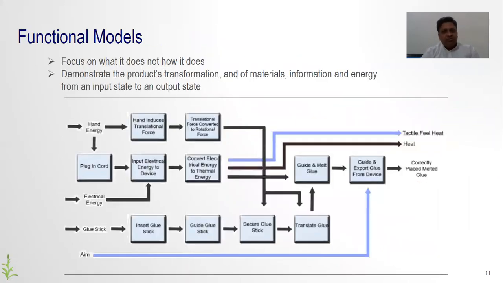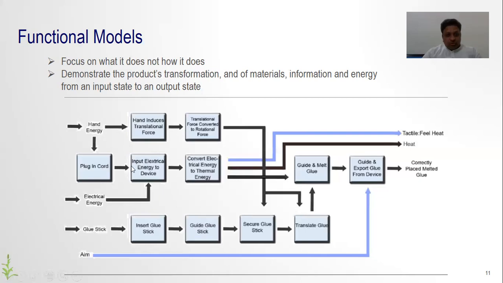Here, functional models focus on what it does, not how it does it. They demonstrate the product's transformation of materials, information, and energy. Hand energy: the hand induces translational force, and the translational force is converted to rotational force. At the same time, for the hand energy, if you see the plug-in cord,